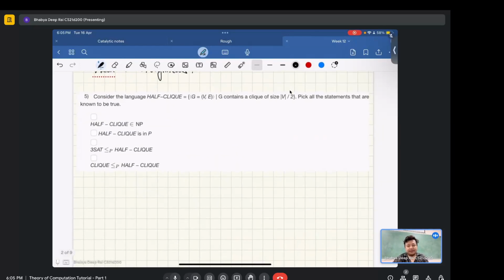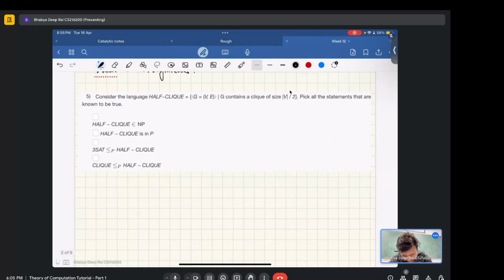So here's the first problem. The problem can be stated as follows: consider the language half click, which consists of a graph with specified vertices and edge set, and G contains a click of size V by 2. Pick all the statements that are known to be true. Here, known is an important word because